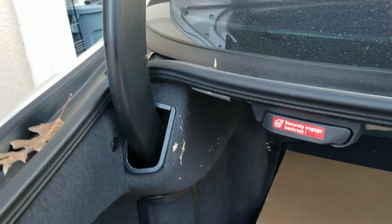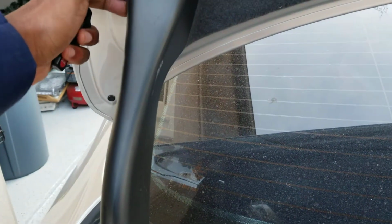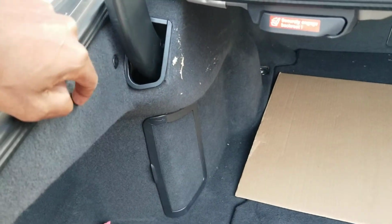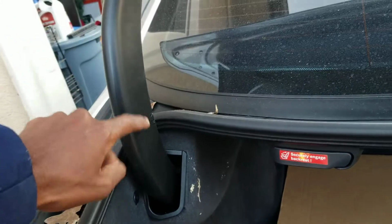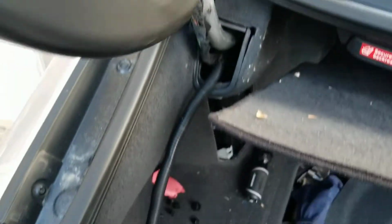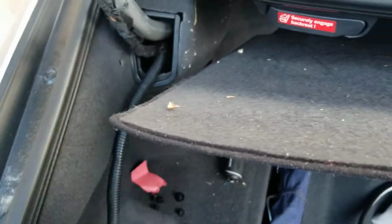So let me open this, take this out. I've done this before and I don't remember if I had to take this out, so I'm just going to remove this plastic covering and see if that exposes it for me. So I remove this cover, and